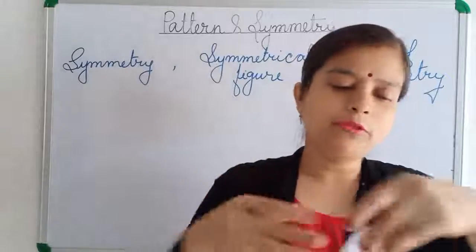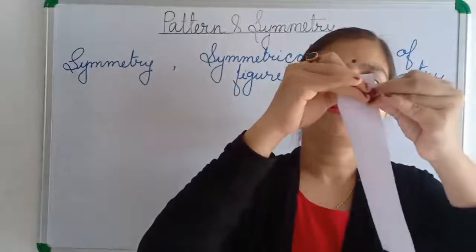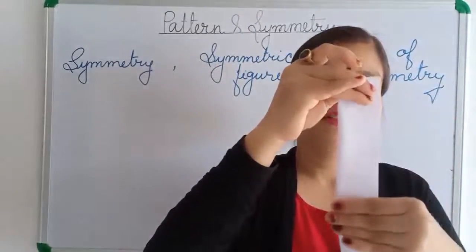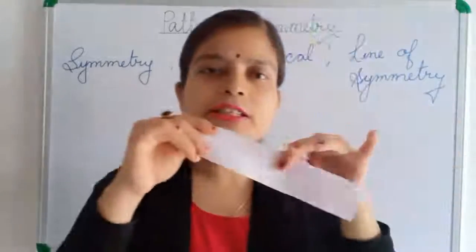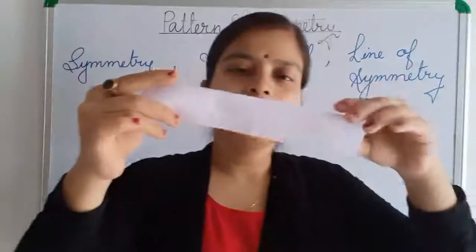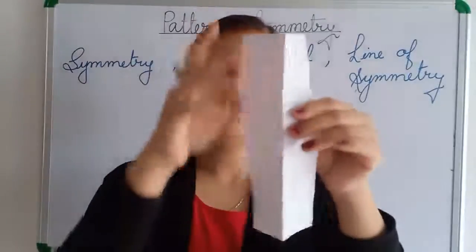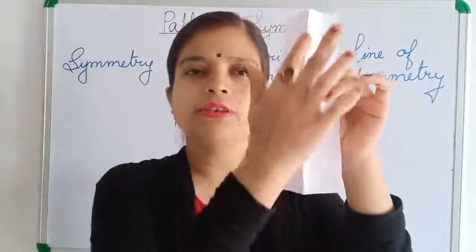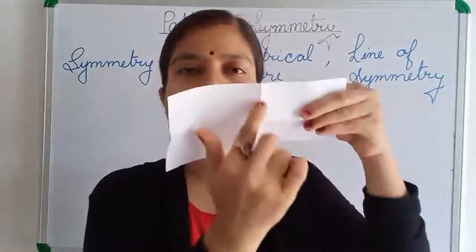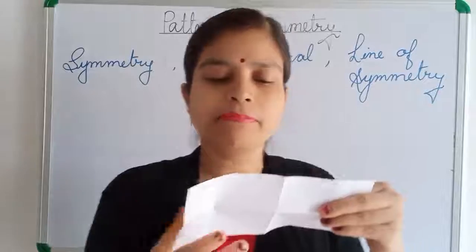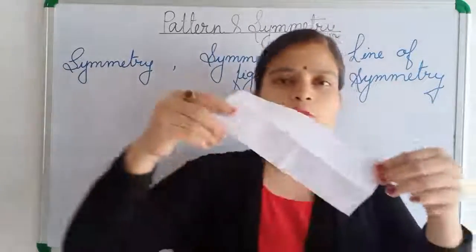Again, we can fold this paper from this direction also. Then also we are able to divide it into two equal halves. You can see here. So this is also a line of symmetry, okay? This folded line is also a line of symmetry for this paper, and this is also a line of symmetry for this paper. But if I fold this